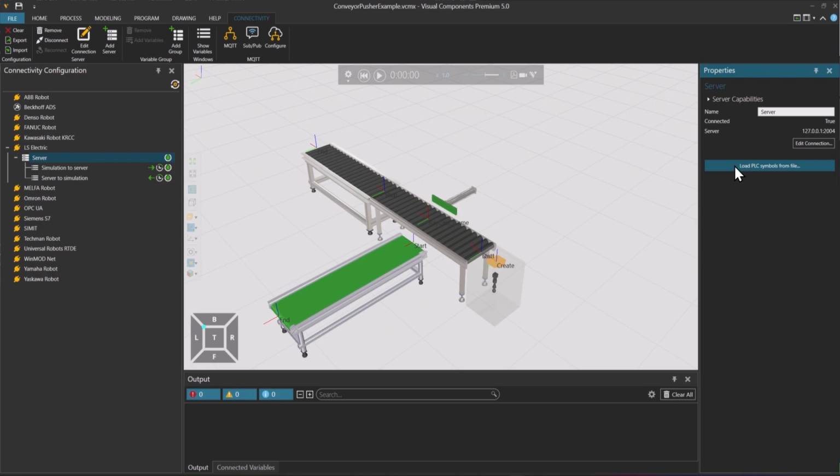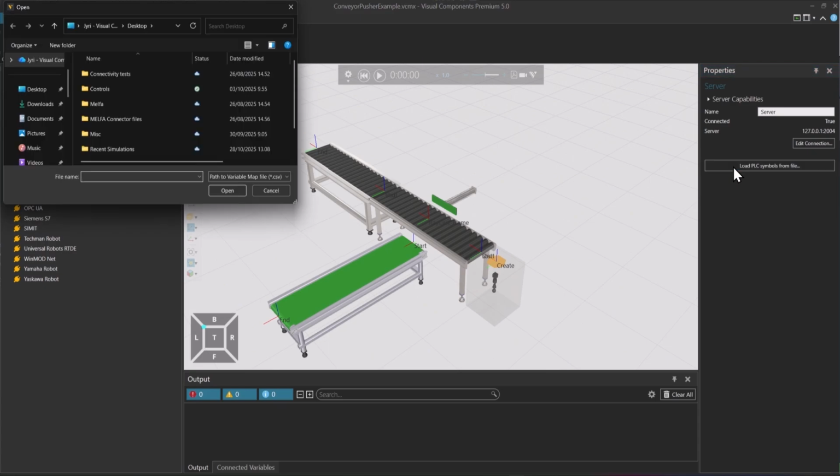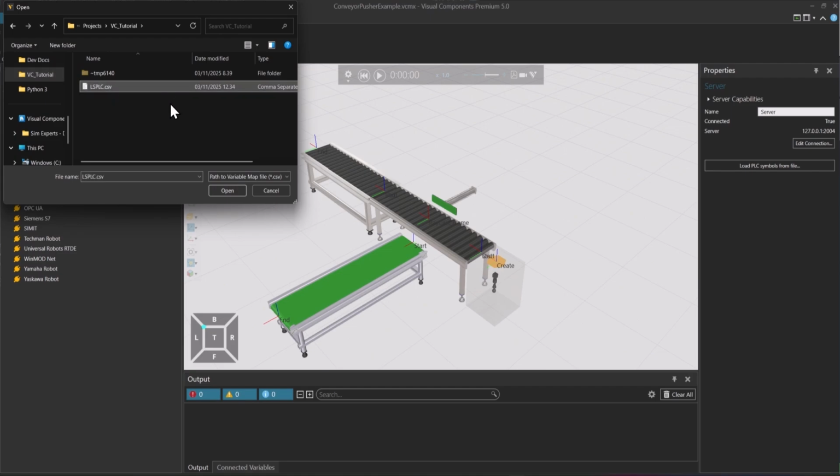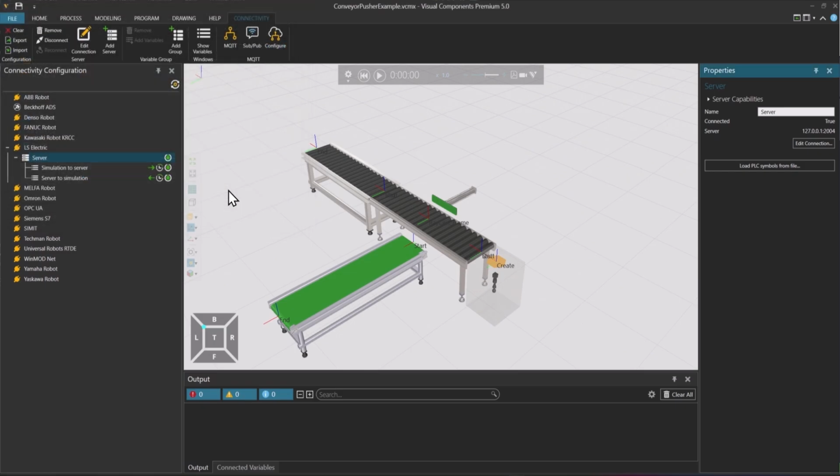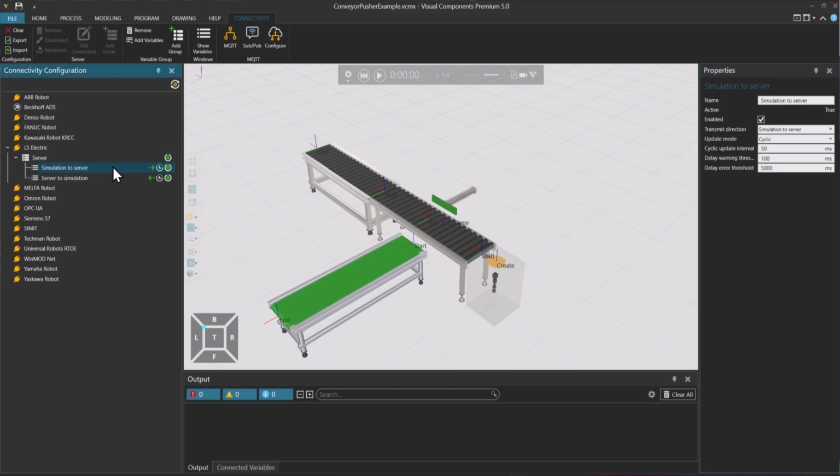Next, I need to load the PLC symbols from the exported file. So I will now navigate to the project folder, and select the lsplc.csv file. And then we are ready to start pairing the variables.